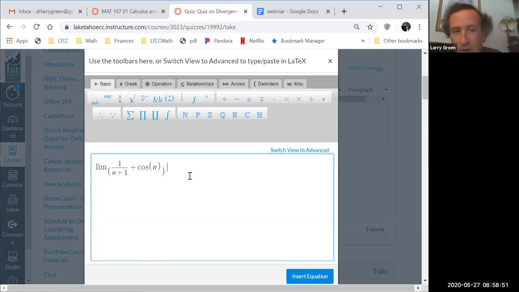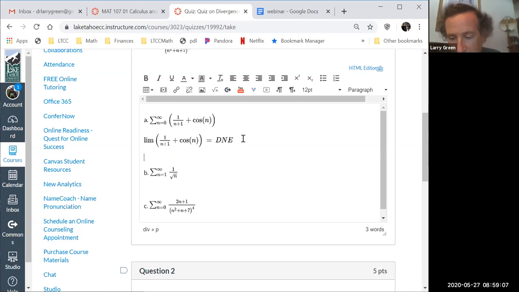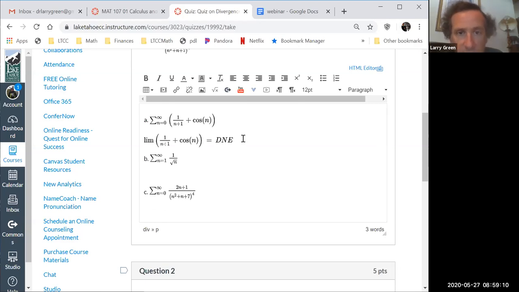This is equal to DNE, since the cosine of n oscillates. So therefore,